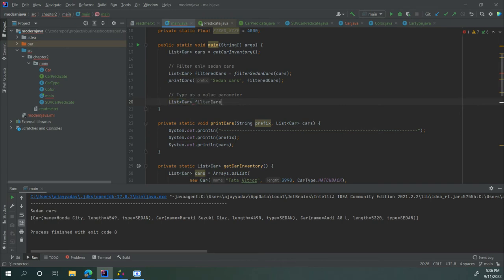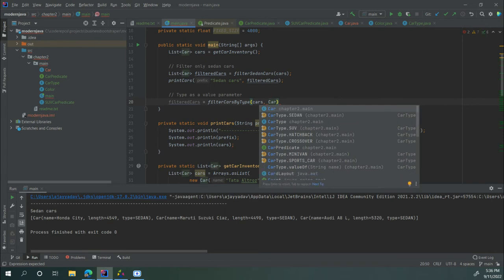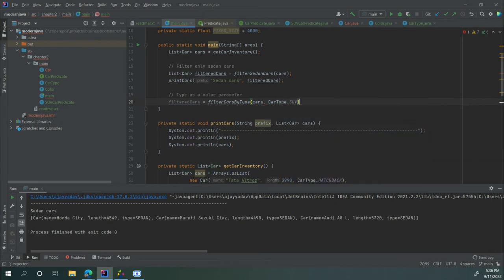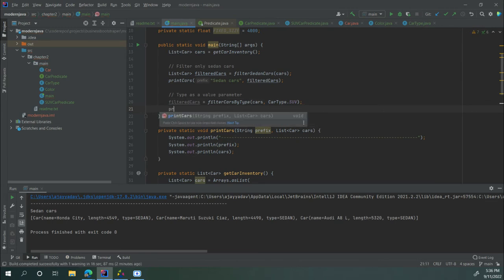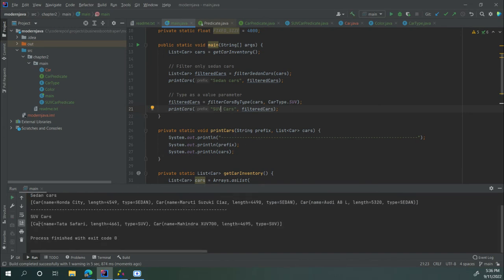So this is what we intend to do here. I'm using the same variable filteredCars and assigning it using our new method, filterCarsByType. Here we pass the cars, and if you need the car type SUV, you take the CarType and use SUV. Again, we are running this. We get the cars of type SUV. Good. This method is more flexible than the previous one,